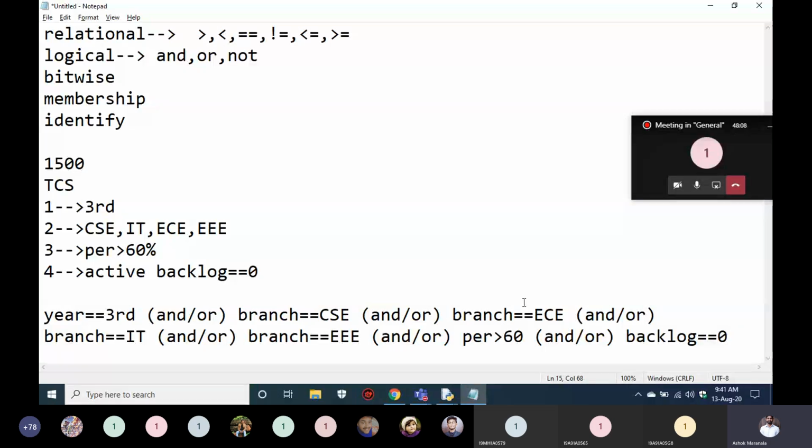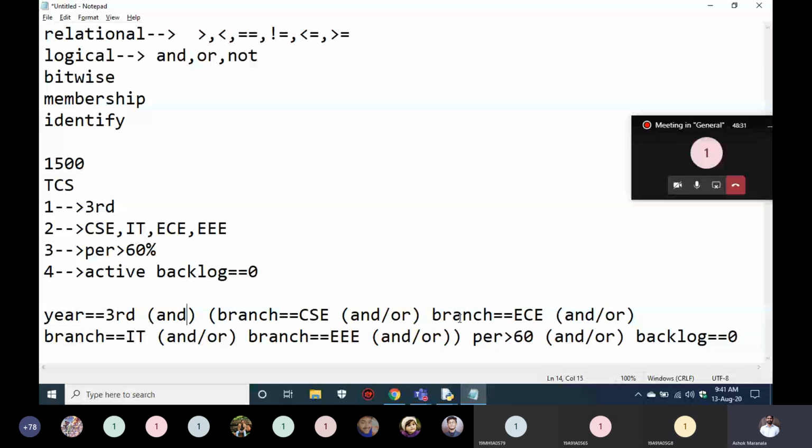If you observe, I want to place a bracket here because these branches belong together, right? All of them relate to one thing. I'm placing them in brackets. Now here, year equal to third year. So what should the condition statement be? What is the logical operator you have to place here? And. Yes, and. So I have removed or.